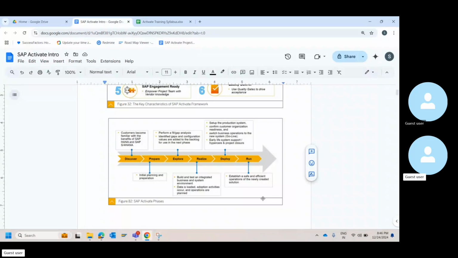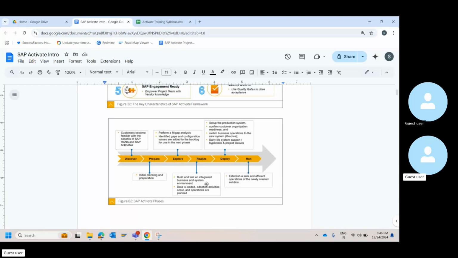On a very, very high level, in discover, customers become familiar with the benefits of SAP and S/4HANA, what it is capable of, through your demos, your technical proposal, and your conversations with them throughout your contracting process. Then you do your planning and preparation. Then you perform fit gap analysis, and identified gaps and configured values are added to the backlog.